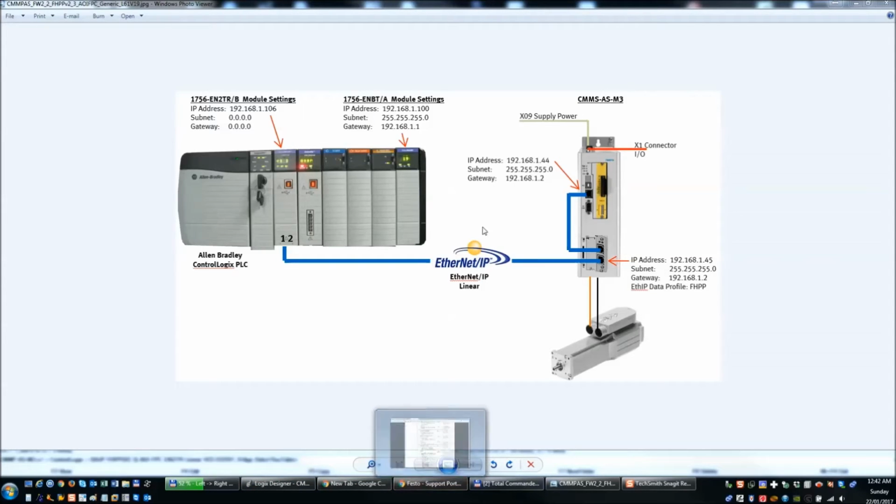And today we're going to talk about wiring, or not wiring, so we're going to talk about programming, setting up a CMMP-AS-M3. There's a variety of them size-wise. It'd be like an M3 dash. There's a couple. There's like 5 of them, and we're going to use EthIP to talk to a Rockwell ControlLogix